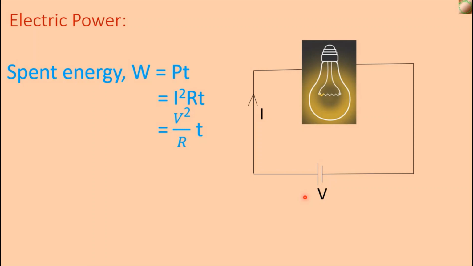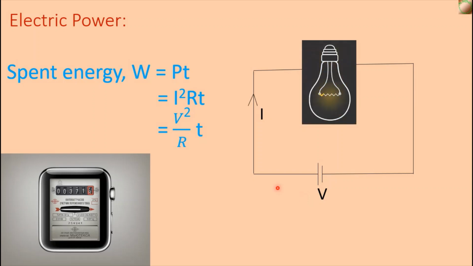The electric energy is not converted into heat energy only. The electric energy provides the energy for refrigerator, fan, television, and other appliances. How much electric energy is consumed by this electric equipment can be measured by the equation P = VI. That is, in 1 second, energy consumed by the electric equipment is P = VI. This spent energy is measured by the electric meter.